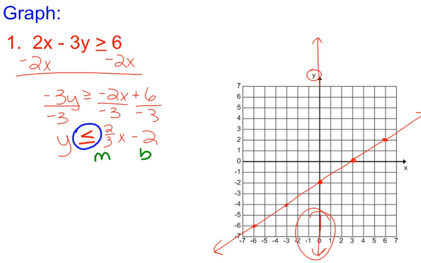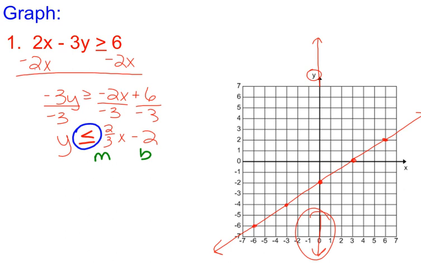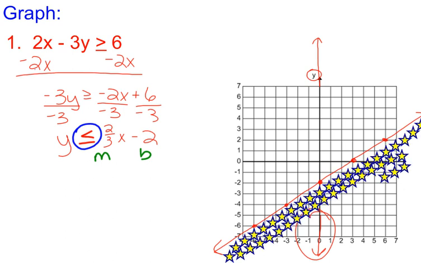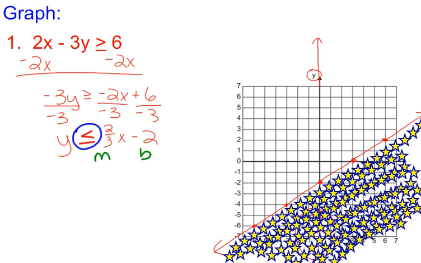So I'm going to go ahead and pick my shading. We'll do stars, how about? And I'm going to shade everywhere below that line. And what this is telling me is that any ordered pair I pick in the shaded area or on the line